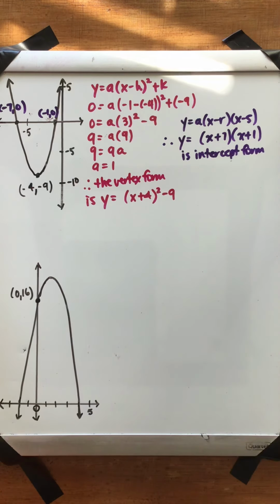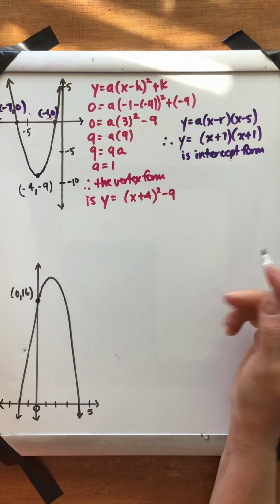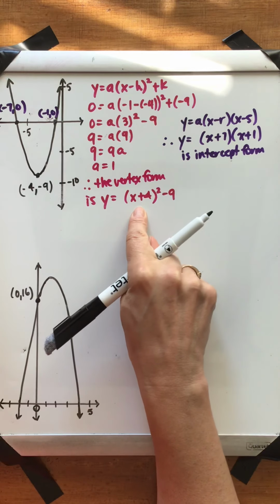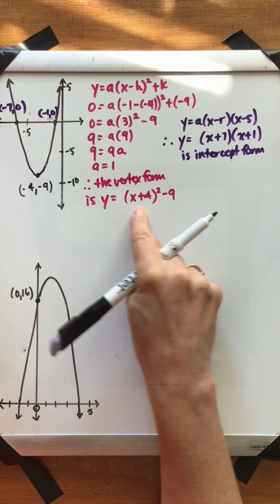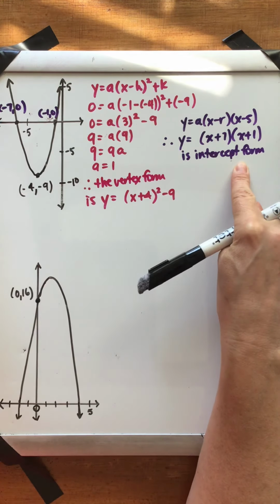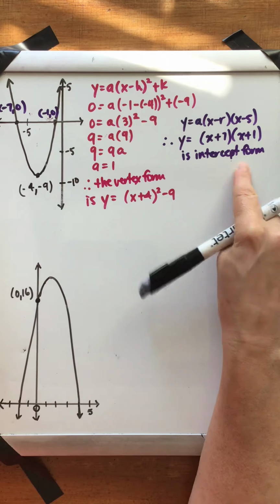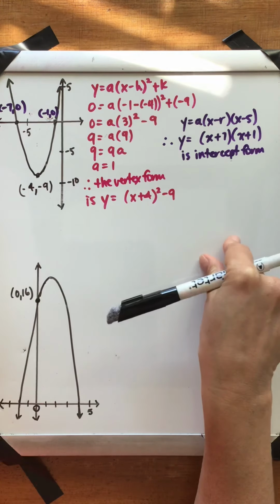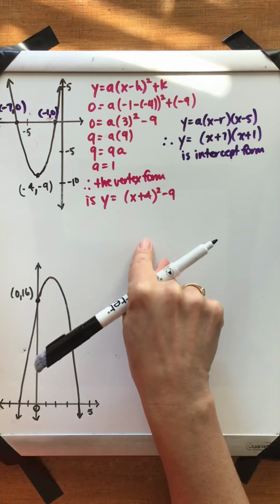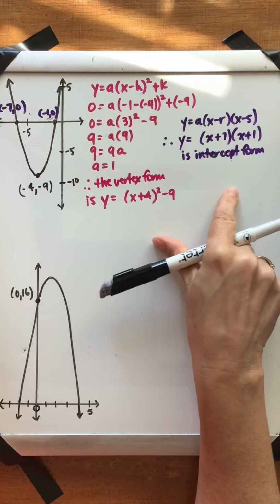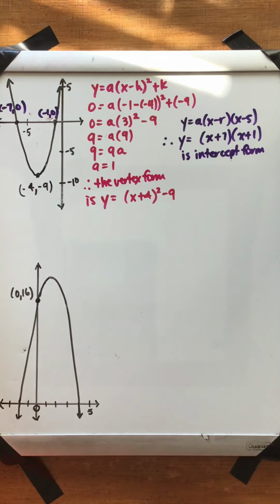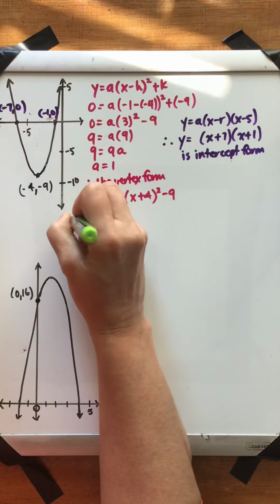Well, standard form can be deduced one of two ways. I can either expand vertex form, and that will give me standard form, or I can expand intercept form, and that will give me standard form. And it shouldn't matter which one I do, it should come out exactly the same. Okay? I'm going to do it in this example for both of them to prove that to you. Okay? So if I'm going for standard form this way,